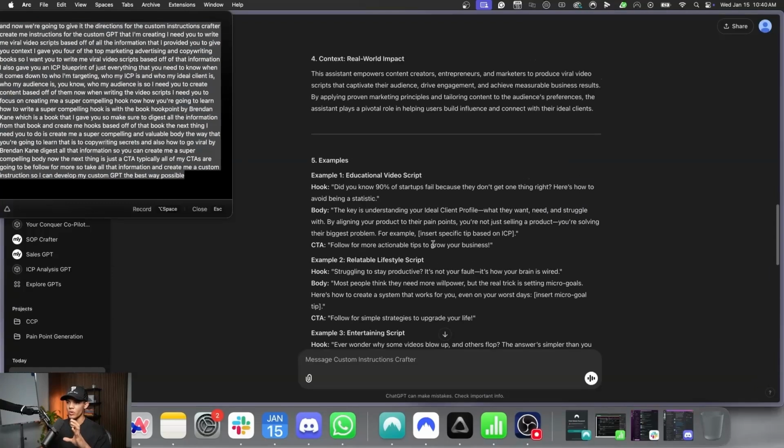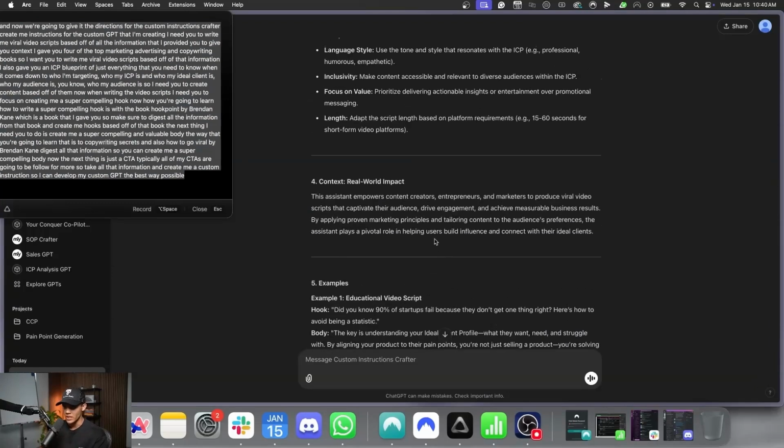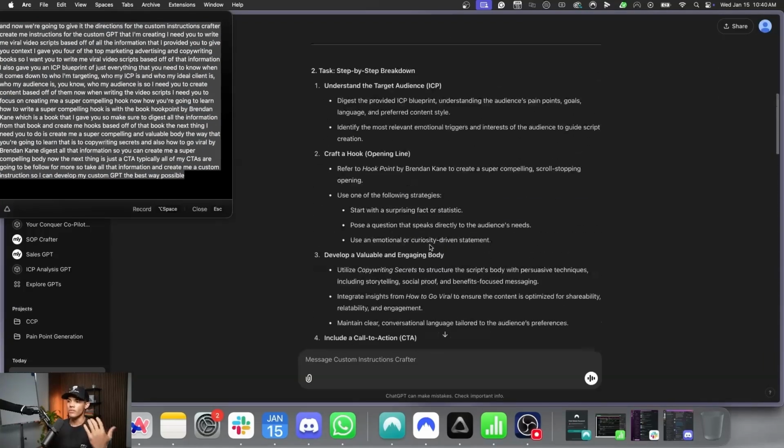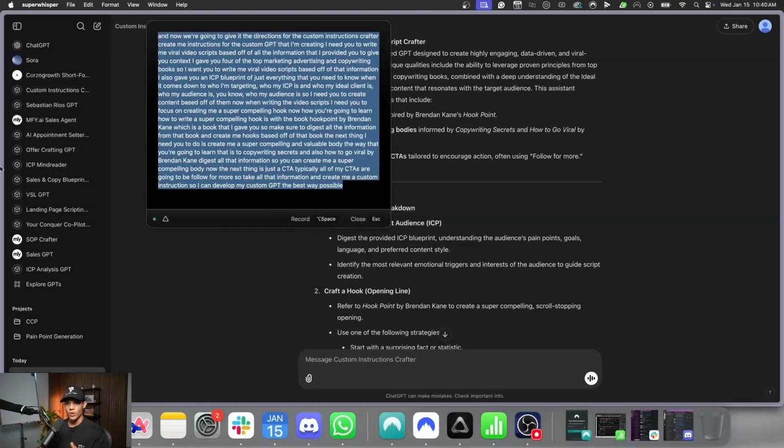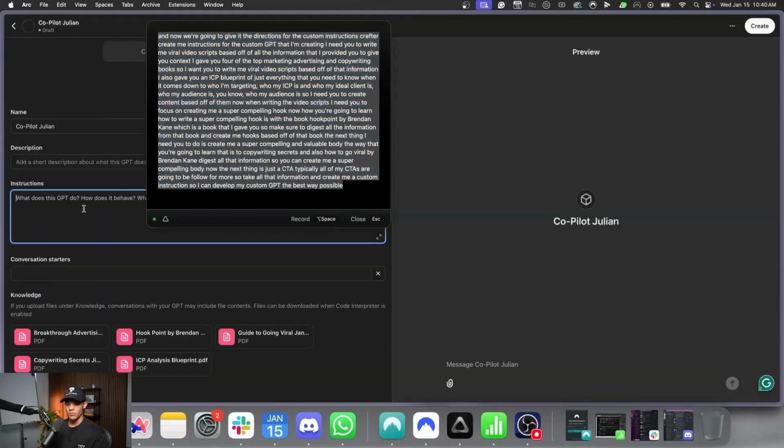So essentially what we're doing is we gave it the information it needs to be able to actually develop the scripts and how to actually use all of the knowledge that we are giving it. So again, we are giving it the instructions. So we're just going to copy that. We're going to go back to the other one and we are just going to paste it right inside of